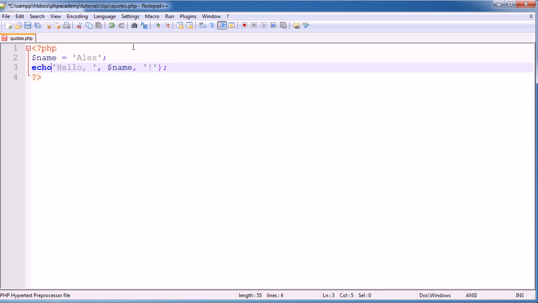That's because echo is not a function. However, it acts like a function in the fact that we can pass multiple values using a comma separated list. Now, if, for example, we were going to say